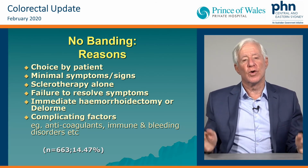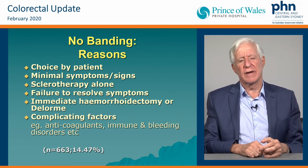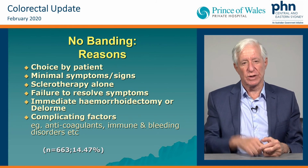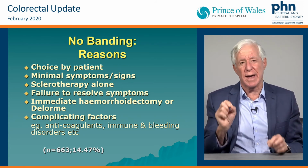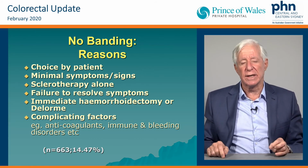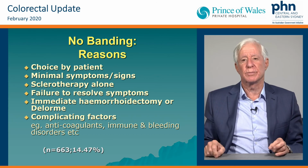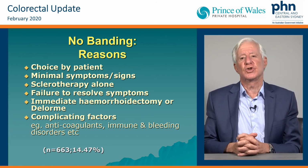In 2 to 4 days, you'll be sitting on the loo and you'll think, oh, I feel empty in the anus today for the first time. That's when you'll know they've gone. Thereafter, all you've got are 3 little scabs. But it's curious that the secondary bleed rate of 0.48%, nearly 0.5, which is nearly 1 in 200,